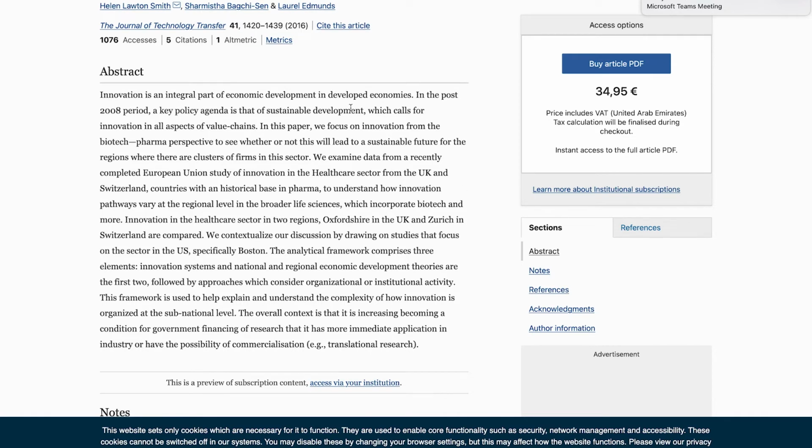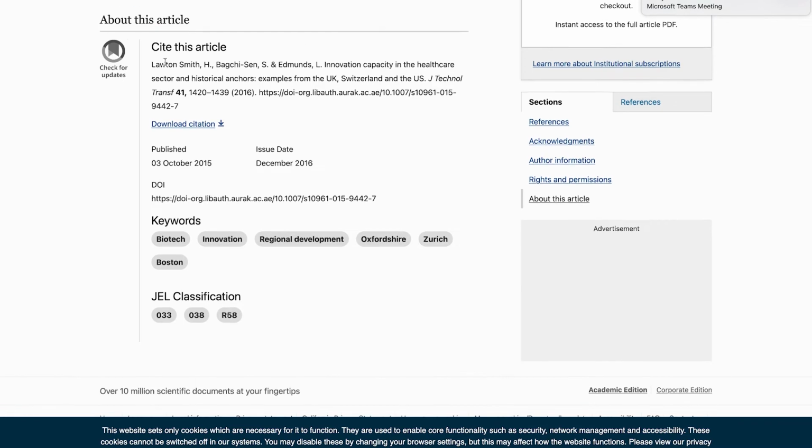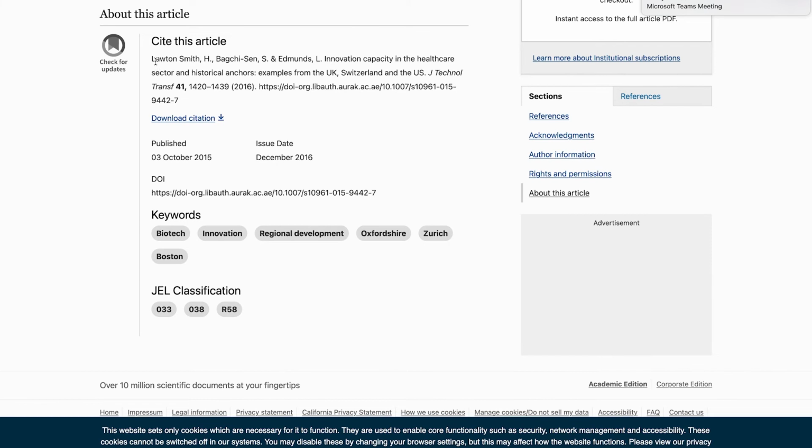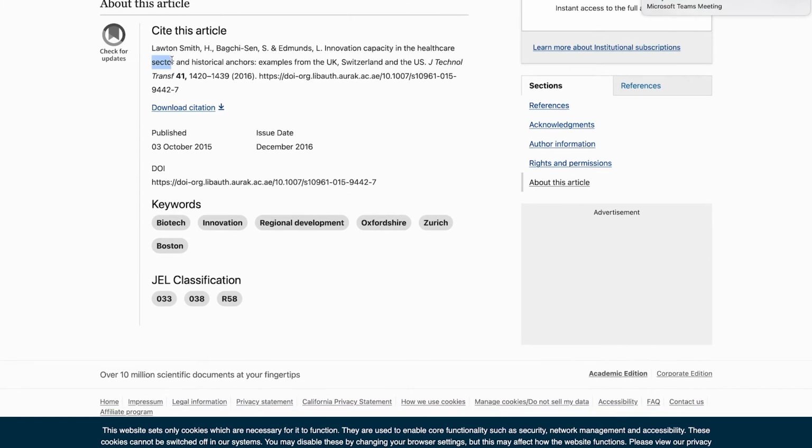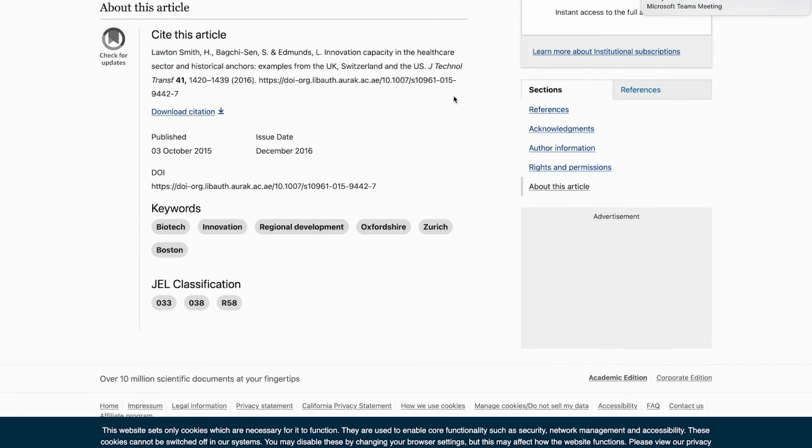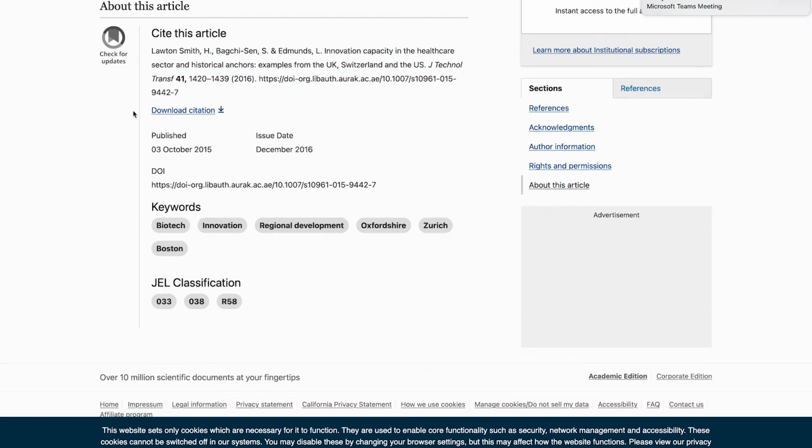So similarly, like ProQuest, you can also cite the article by clicking this button, cite this article, and you can get the full reference here, which you can copy and paste and put it in your document, or you can download the citation as well. So again,